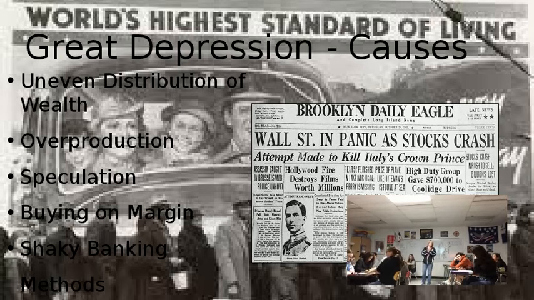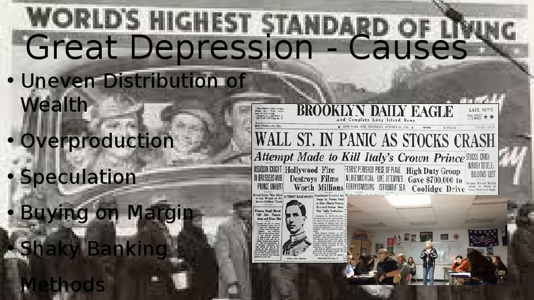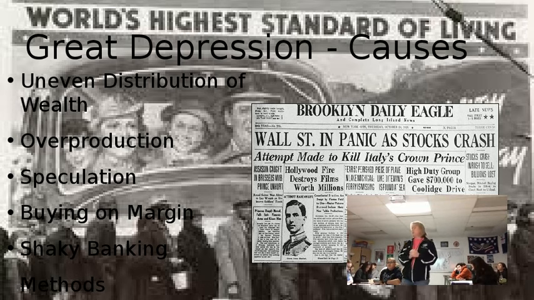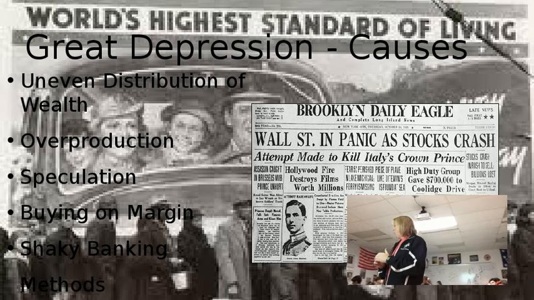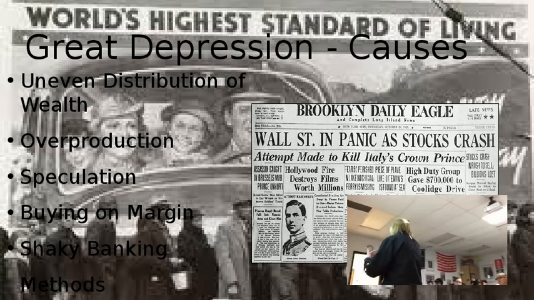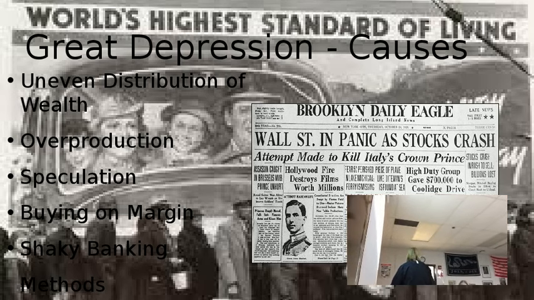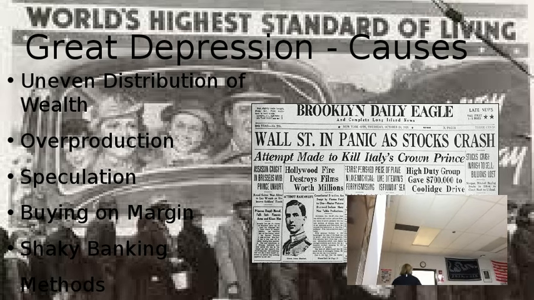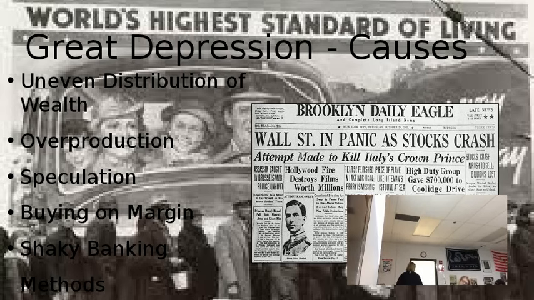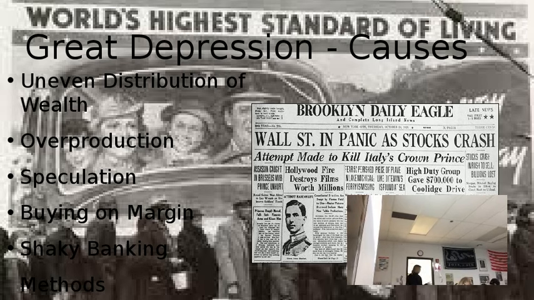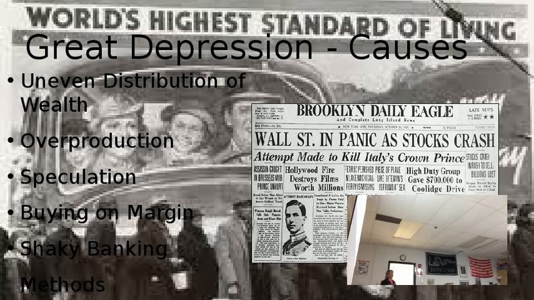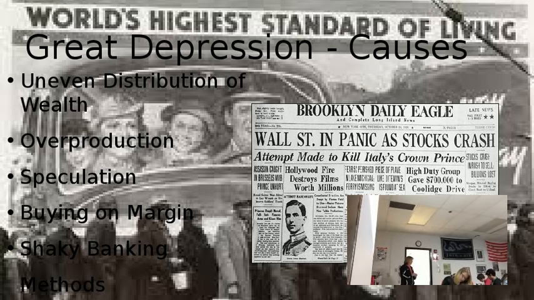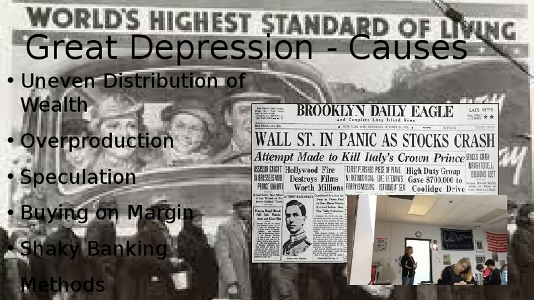What we had in America at this point, number one, we had an uneven distribution of wealth. The gap between the rich and the poor had grown substantially during the 1920s. We had gone through the 19-teens and into the 1920s. We were in this wartime production mode, where the more we make, the more money we can make. Well, once we get about halfway through the 20s, we have way too much stuff. We start building surpluses, and surpluses aren't going to make us any money.